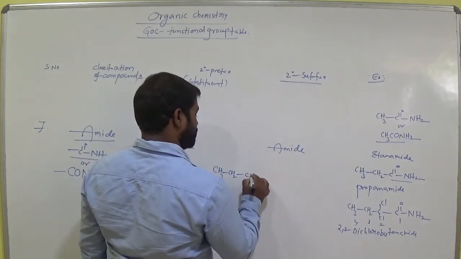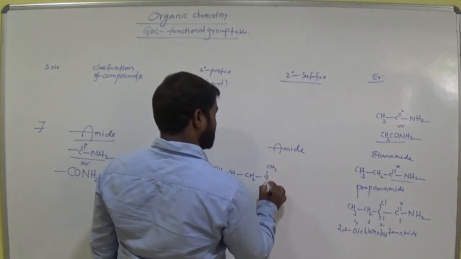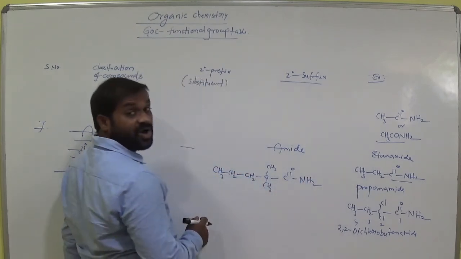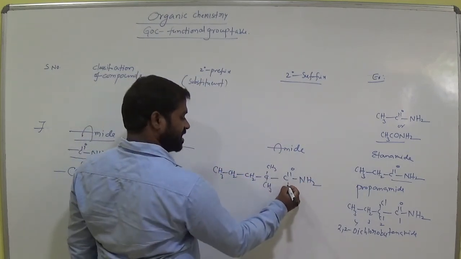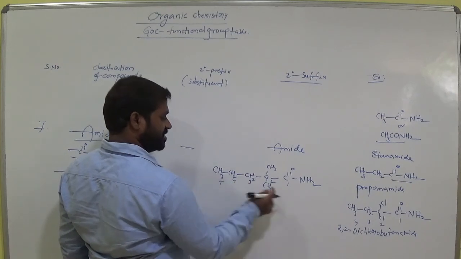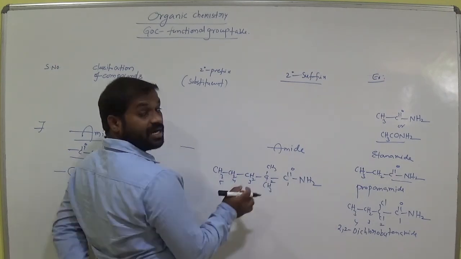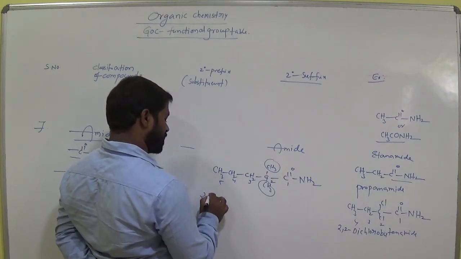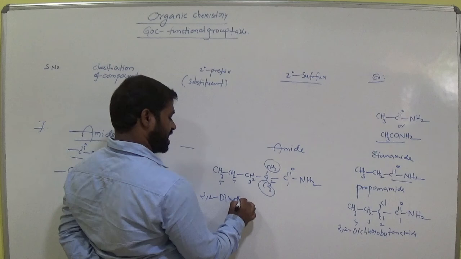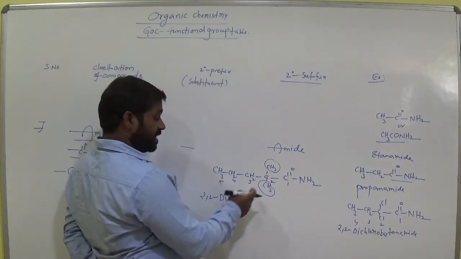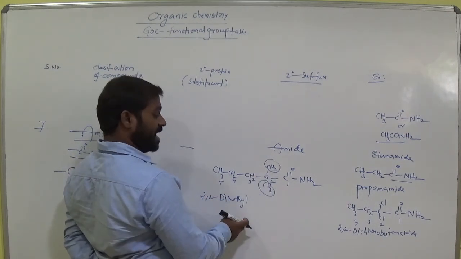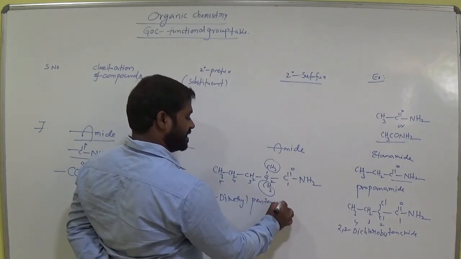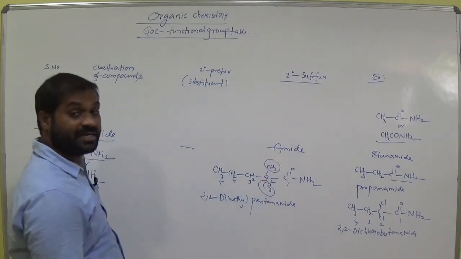CH3, CH2, CH2, CH3, CH3, bond C double bond O NH2. Okay, students, which one is the longest chain? This is the longest chain. So the numbering is done 1, 2, 3, 4, 5. This is the functional group. Am I right? So it gets less numbering. Okay. So now these two are substituents. Am I right? And which carbon? Second carbon. 2, 2. CH3 means methyl, dimethyl. At second carbon we have 2. So 2, 2 dimethyl. 1, 2, 3, 4, 5. Pentanamide. Okay. Clear?